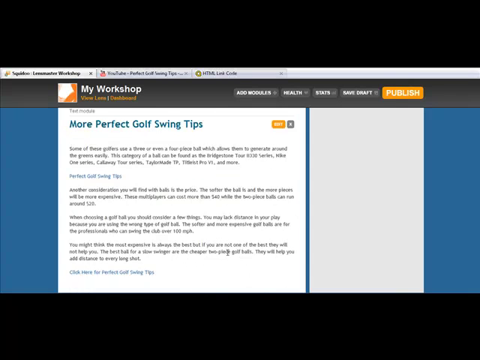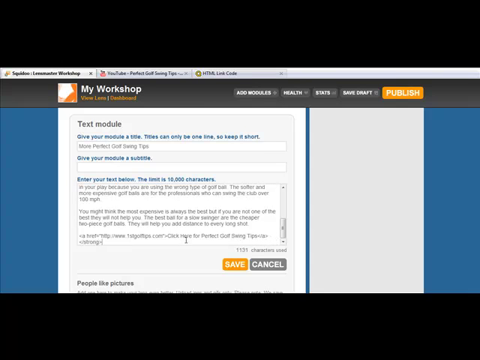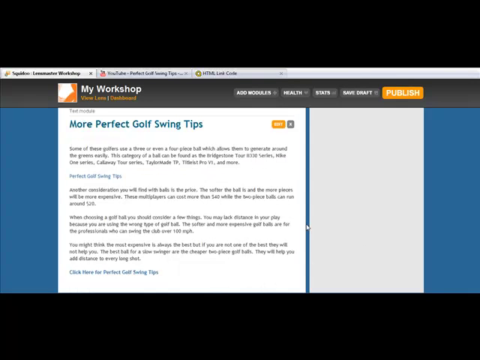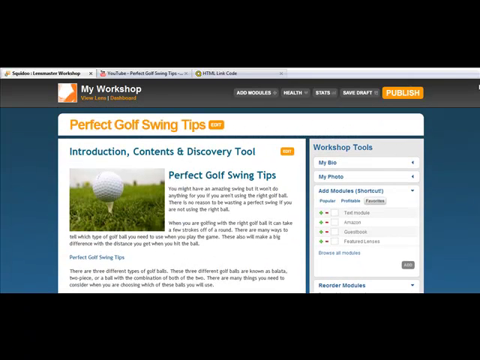Okay, now we're going to hit save on that. And if we wanted to make that bold, again, you could do the strong feature as well. So you do the caret to the left, /strong, caret to the right, and you have to begin it with the caret to the left, the word strong, and then a caret to the right. And then hit save. And once you're done with your entire squidoo lens, so notice how in just a few moments we created a nice looking squidoo lens, you next just hit publish,